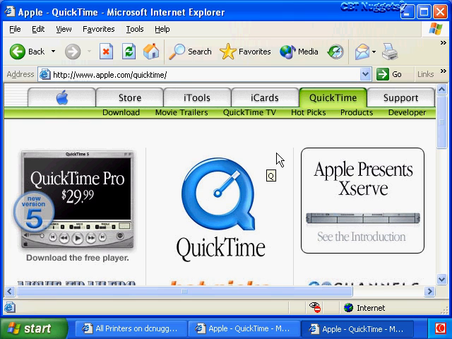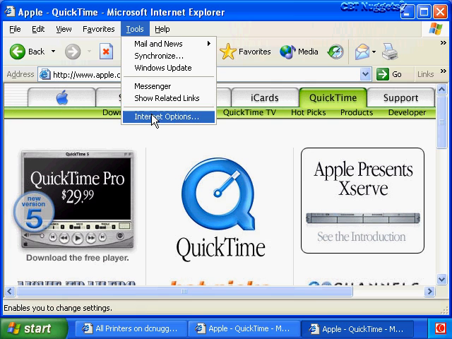So these certificates that are being used have to come from somewhere. And the companies that create these certificates are referred to as certificate authorities. And VeriSign is one such certificate authority. And Internet Explorer can verify this certificate because it has an extensive list of certificate authorities that are commonly used on the Internet. And we can see this list by going to the menu bar and choosing Tools, select Internet